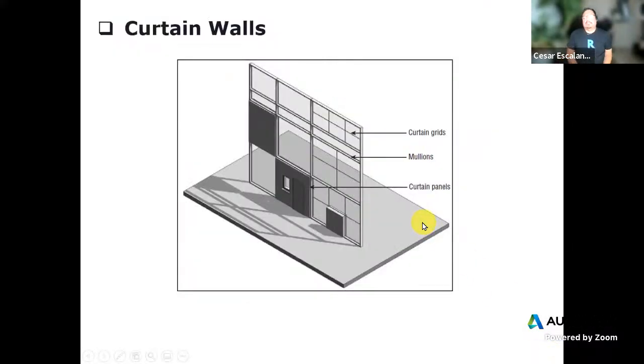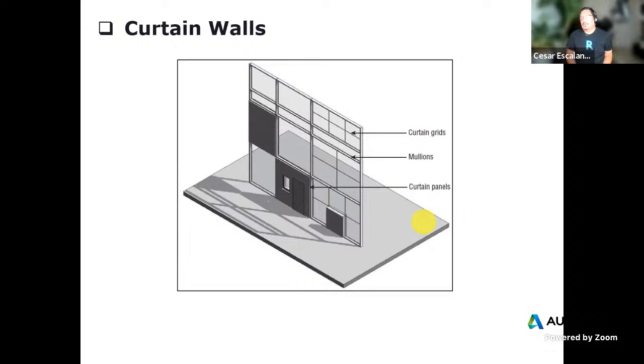Okay, a curtain wall is a system family, just like the rest of the walls. But it's a system family that is made of different subcomponents. A curtain wall is created the same way we create any wall. You hit the wall command, you start a point, end the point, and the wall is going to come up with a predetermined unconnected height. The default height of any wall in Revit is 20 feet. But a curtain wall